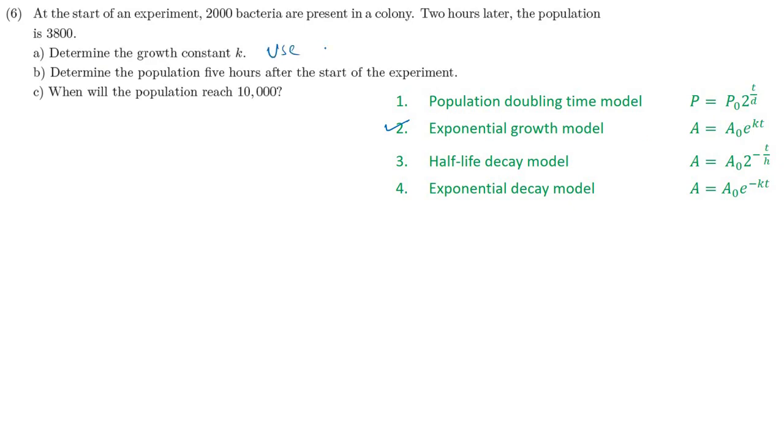Use the formula to find K. Okay, now you know the value for K. What is B? Determine the population after 5 hours. Okay, you want to find population. Find A. To find A, 5 hours after the experiment starts, that means find A if T equals 5. When you put T equal to 5, what will you put for K? Here you are finding the K value. That K value you want to substitute here. Already we have solved a problem like this one.